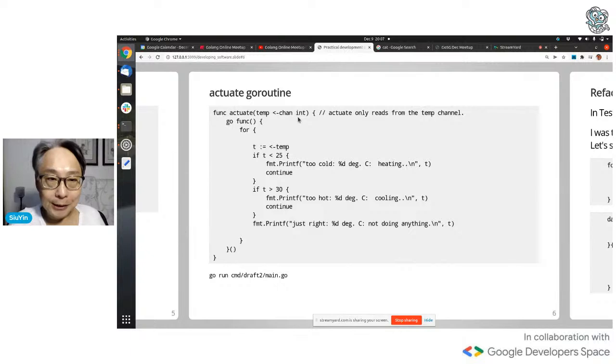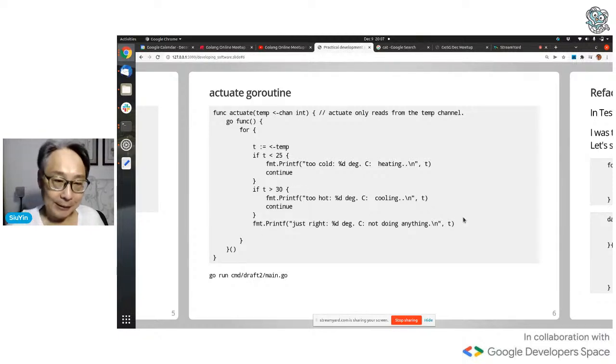And the actuate Go routine, it's more or less the same, but now this channel is something that you pull out of the channel, right? Same boilerplate code here, same forever loop here, but now, look, I have a channel and I pull something out of it. It always points to the left because the right arrow is a point, literally a pointer. This one always points to the left. And when you've pulled it out, you assign it to this variable t. And if t is less than 25, print too cold. If t is greater, this is the code you've seen before, all right?